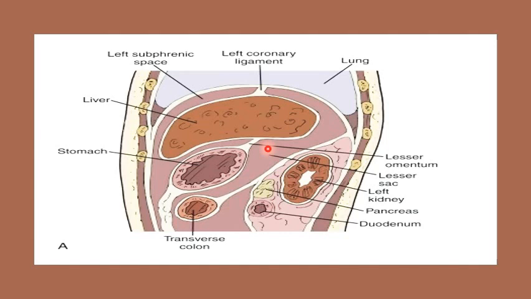Just hang on. Before moving on, we have one more compartment, that is the left extraperitoneal compartment. It is the least important of all the subphrenic spaces. Merely it is a loose connective tissue around the upper pole of the left kidney and left suprarenal gland. So this is the left kidney. It is just a small space present here just at the upper part of the left kidney, that is the left extraperitoneal compartment.